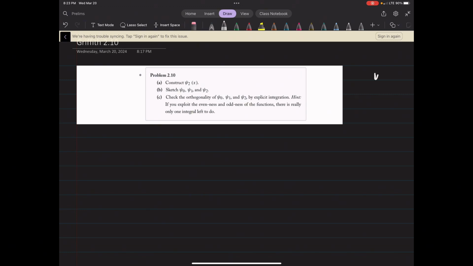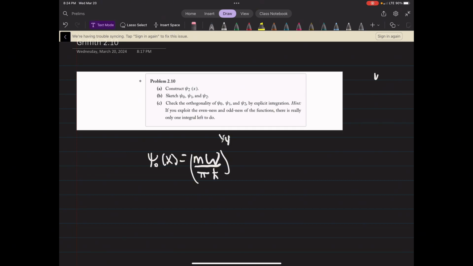Okay, so part A wants us to construct psi 2 of x. And the way that we're going to do this is starting with the fact that our ground state is (m omega divided by pi h bar) to the power 1/4, e to the power minus m